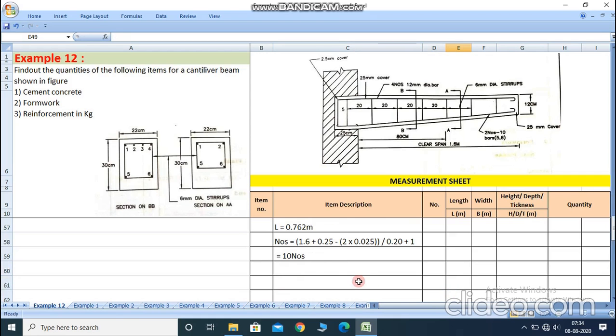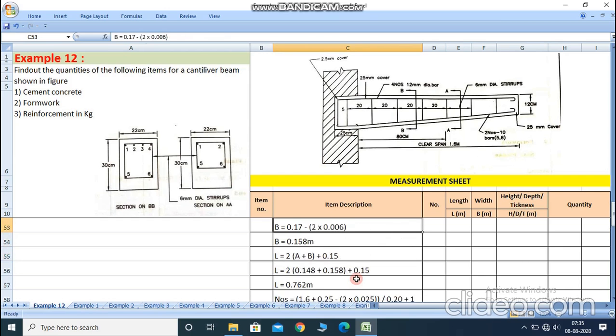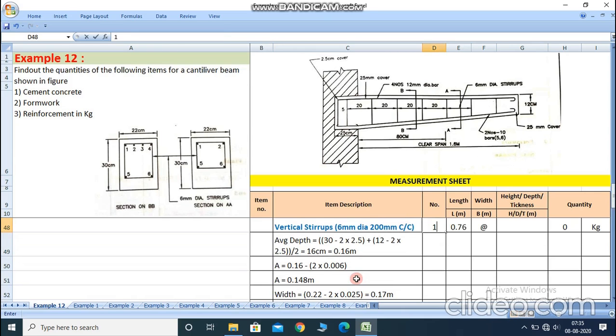Now we calculate the number of stirrups required. So here average length, clear span here 1.6 plus 25 centimeter here, minus 2 times starting and end cover, divided by center to center spacing, which is 20 centimeter, so here we write 0.20, plus 1. So the answer we got is 10 numbers of stirrups required. So we write here 10 number of stirrups, and